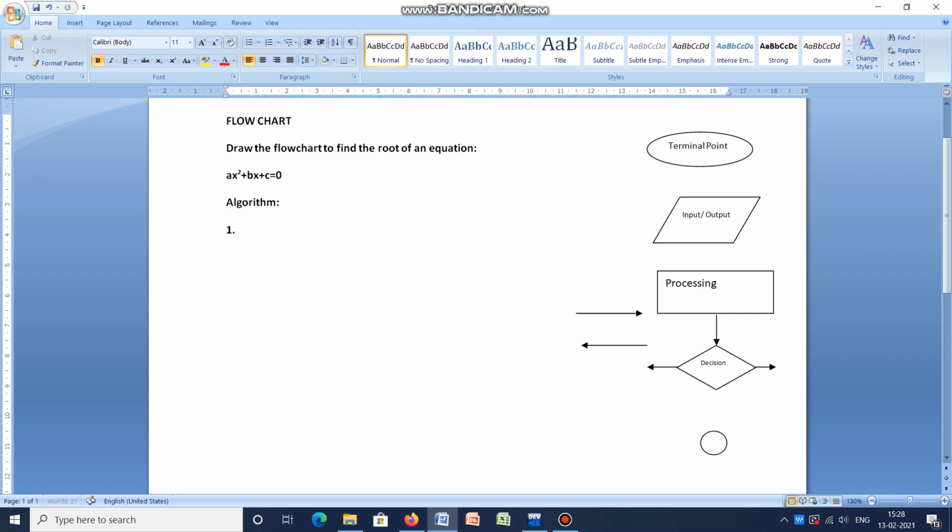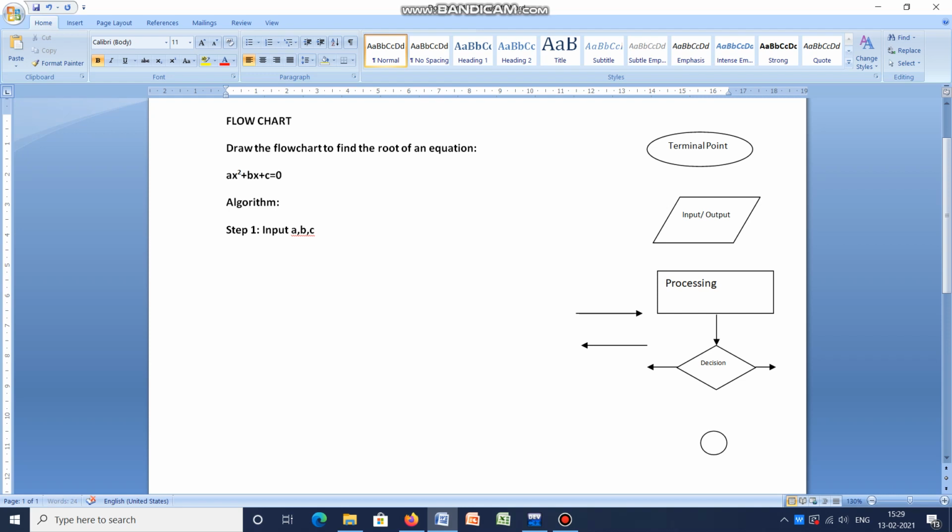So first step, I have to write in this fashion. Step 1: input A, B, C. This is not mandatory. It is helpful while drawing the program. If you have the algorithm in your mind, you can directly draw the flowchart. But for your own understanding, and as I am introducing this topic for the first time, I am showing you the algorithm.